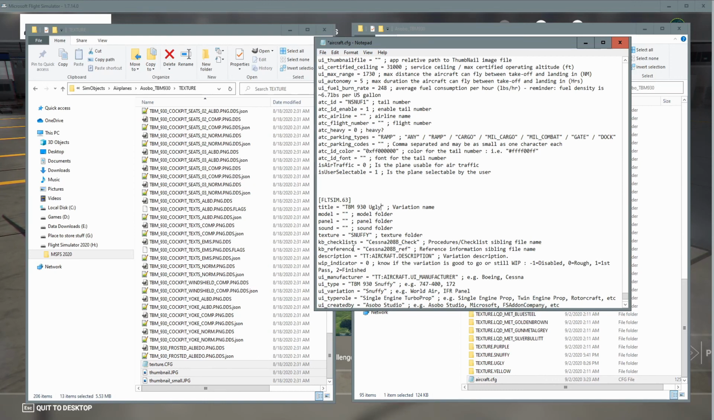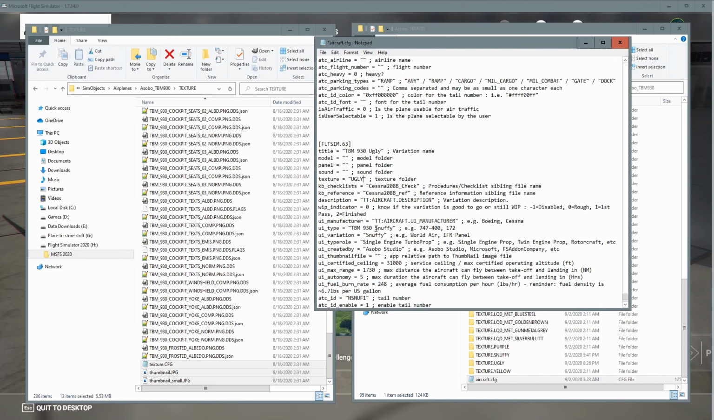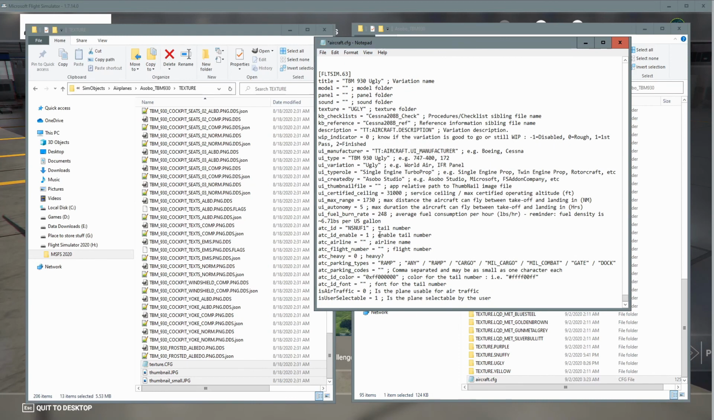Because we can. It's in texture.ugly, right? So capitals are important here. All the rest of this stuff is fine. That's good. This stuff's fun. We're going to call it TVM ugly in the game. It's the variation. We'll just call this variation ugly because why not? Keep it all simple. Then I'm going to make the tail number